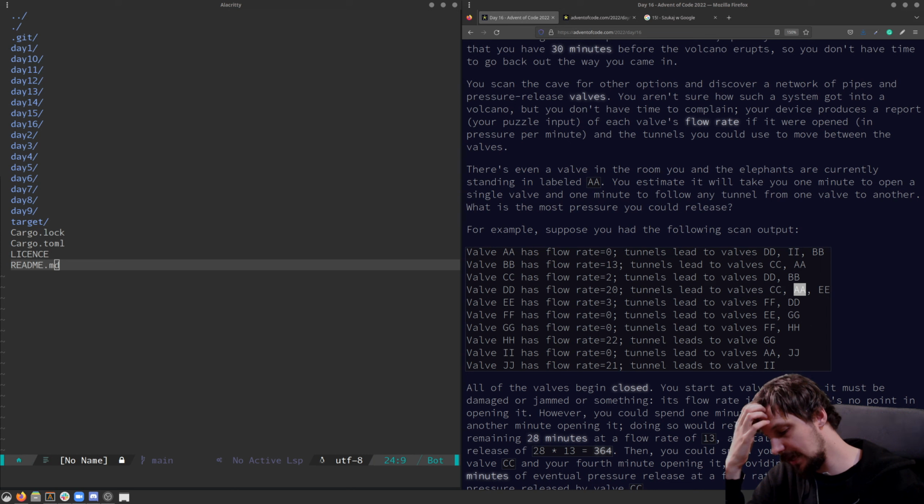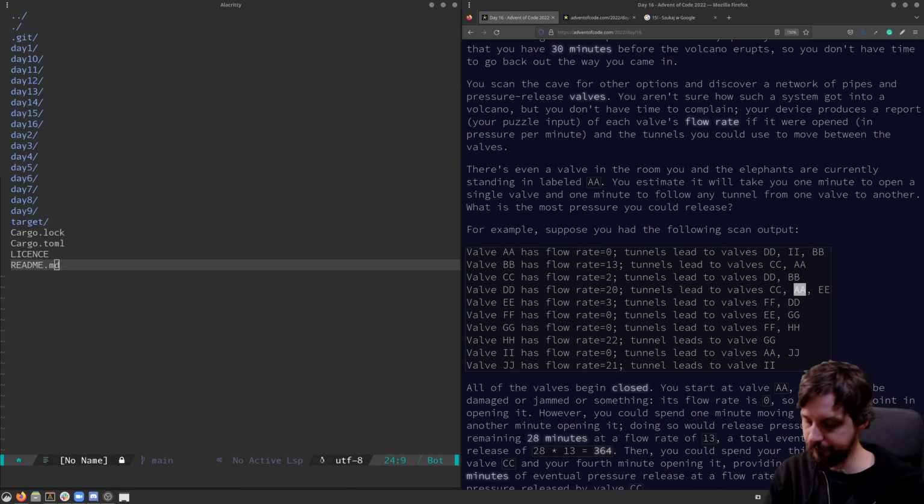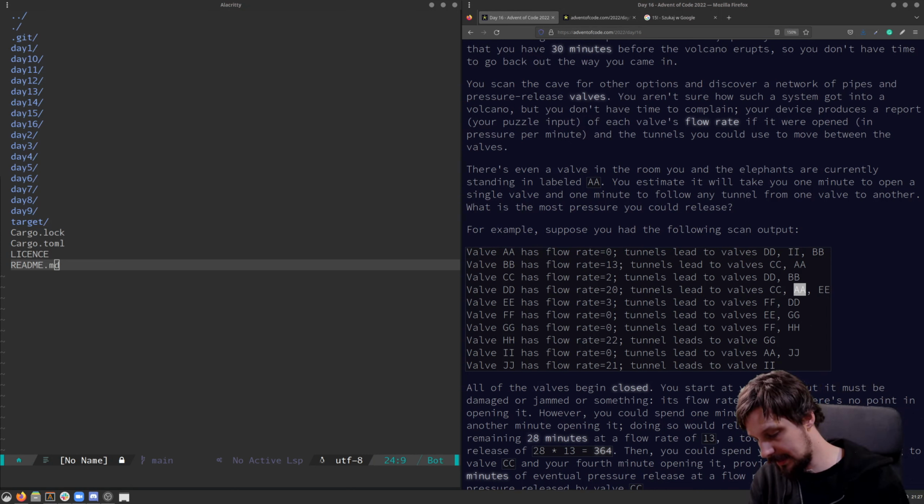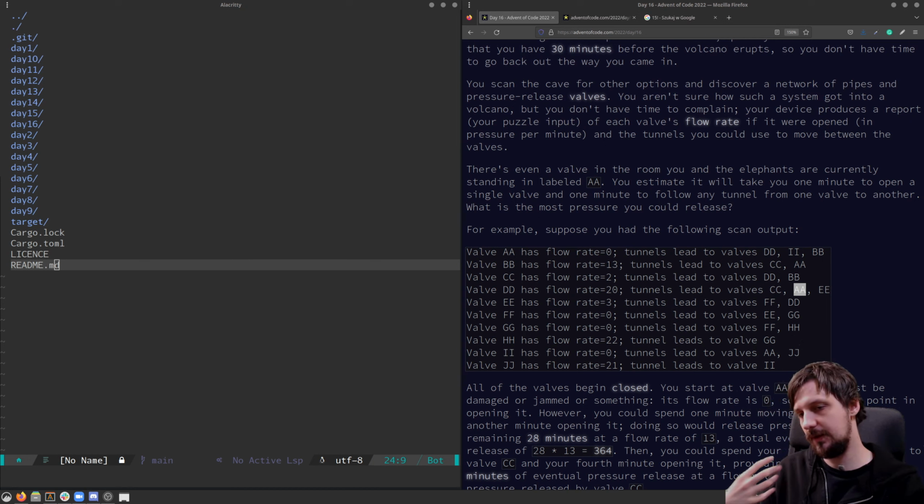And if I cannot add any more valves, then I finish this, and this is my maximum points. I keep this as max points, right? And then I am backtracking. So what does it mean? Then I go one step higher, and I am trying any valve which is farther than the ZZ and fulfills my